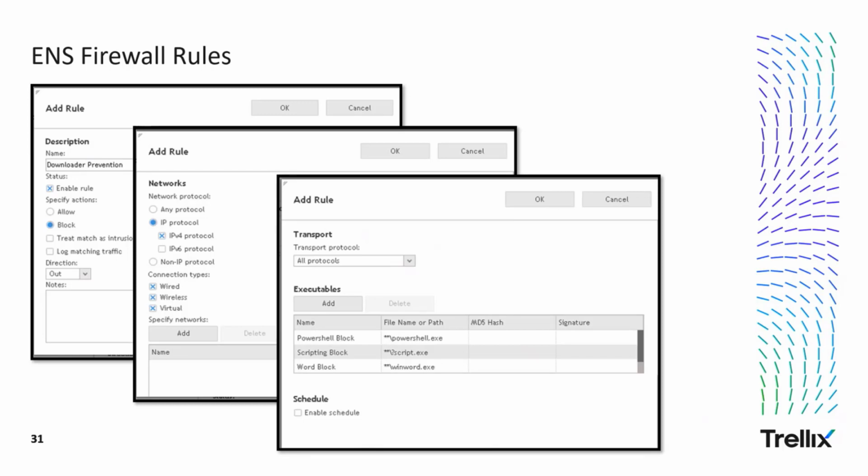So although these are more targeted to XL, this is really good for a downloader one as a whole. Now, in the case of PowerShell and script, there's no real reason they should ever leave your environment. But when it comes to WinWord and XL, there's other things that you have to implement. So if you're going to do this particular role and do WinWord and XL, you got to take into consideration